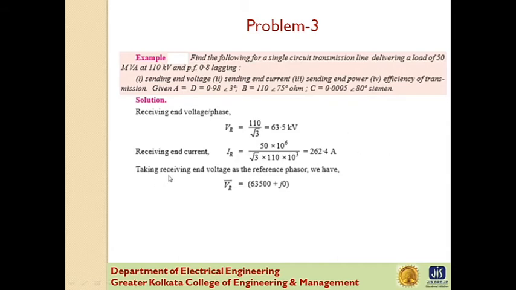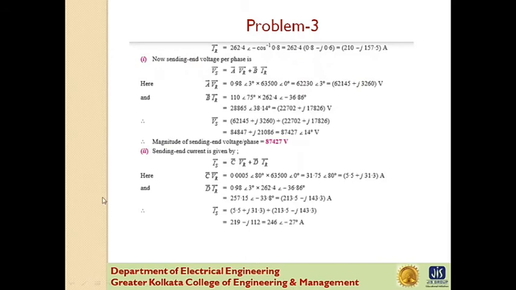And now, taking the receiving end voltage as the reference phasor, VR is equal to 63500 + j0, and IR is equal to 262.4 angle minus cos inverse 0.8, and this gives the final value of IR as 210 - j157.5 ampere. Now we know the value of A, VR, B and IR, so we can solve the expression for VS, and the final value of VS is